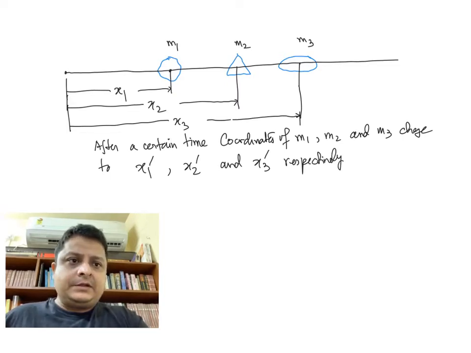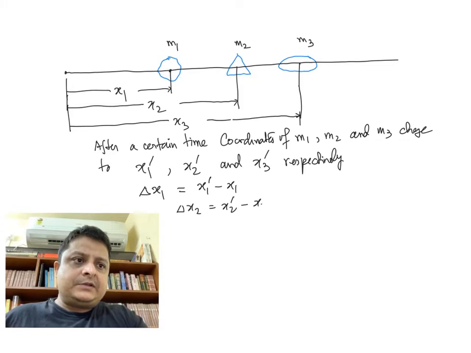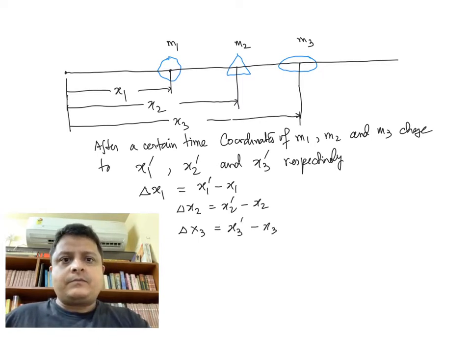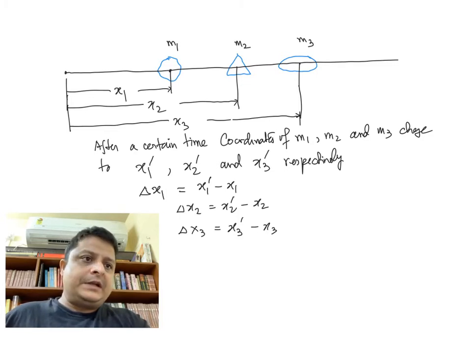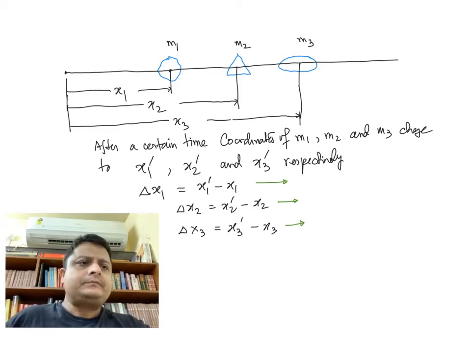So we write delta x1 is x1 prime minus x1. Similarly delta x2 equals x2 prime minus x2, and delta x3 equals x3 prime minus x3. So delta x1, delta x2 and delta x3 are the change or the shift